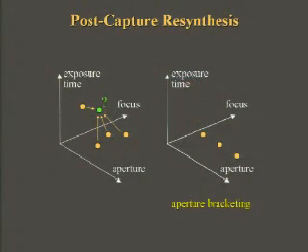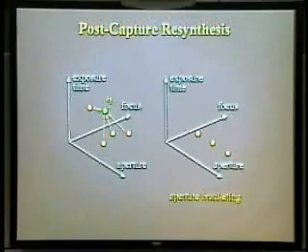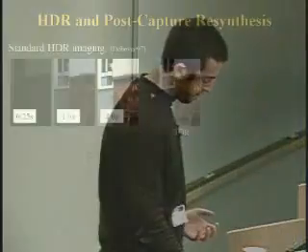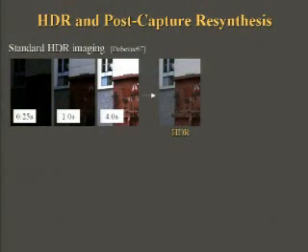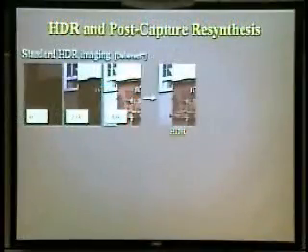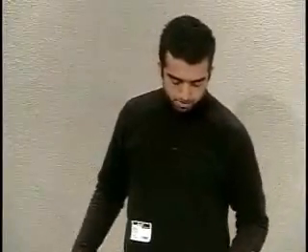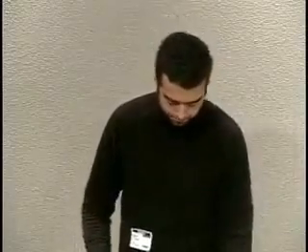So here I'll show that by using aperture bracketing, by varying aperture alone and holding all other settings fixed, we can capture a small number of photos, but still greatly increase the flexibility within the space. In functional terms, our method can be thought of as a generalization of high dynamic range imaging, in which images with different exposure levels are combined to give detail across a range of different brightnesses. Now this method has become very popular recently with amateur photographers and requires just a tripod and some simple software.